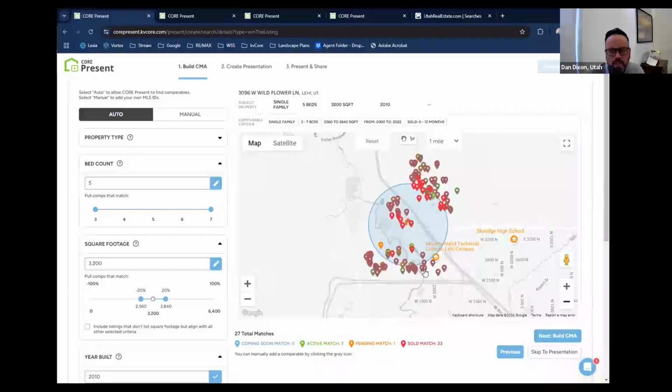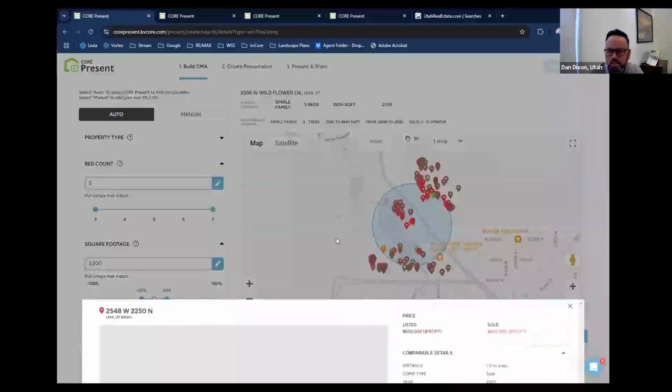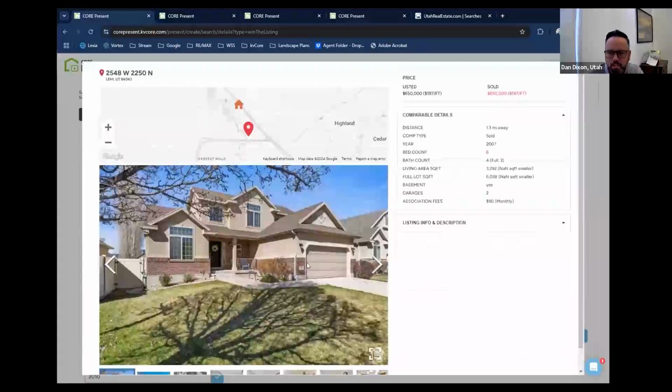And so these homes, I think, are super relevant. They're similar in size and all that stuff. See, this home, I just didn't even know it, right? It's a 6-bedroom, 3,200 square foot home that sold 6 months ago. I'm like, that's a really relevant comp. I want to add that. So now that I know it's there, I can look at it here if I wanted. Say like, oh yeah, that looks... I mean, it's a 2-story, but it's the same brick and the same stucco as my house. Like this should be a comp that I'm considering.